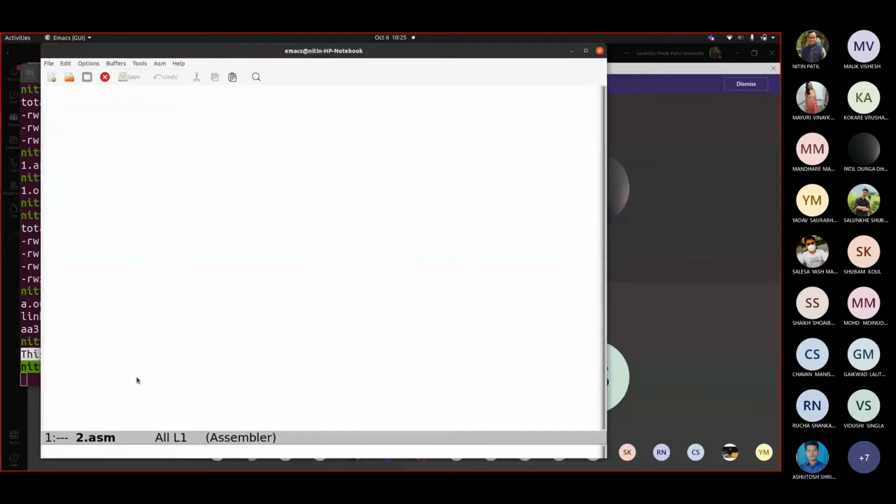So let us write our simple code. Here I want to display my name and address. Let me write section .data, my address. So this is my variable, my address. I'm writing Nitin P. Patil, say my name.